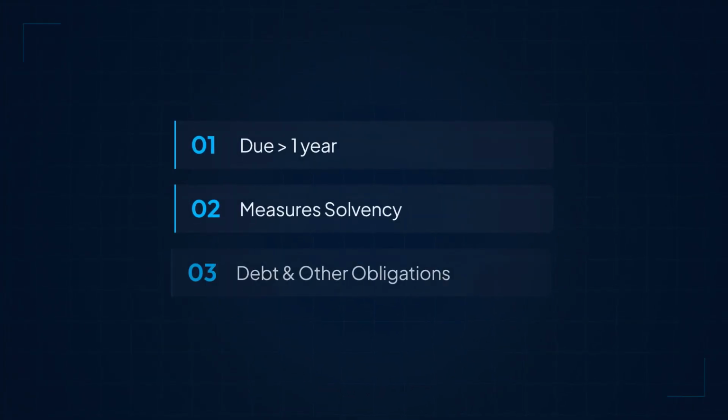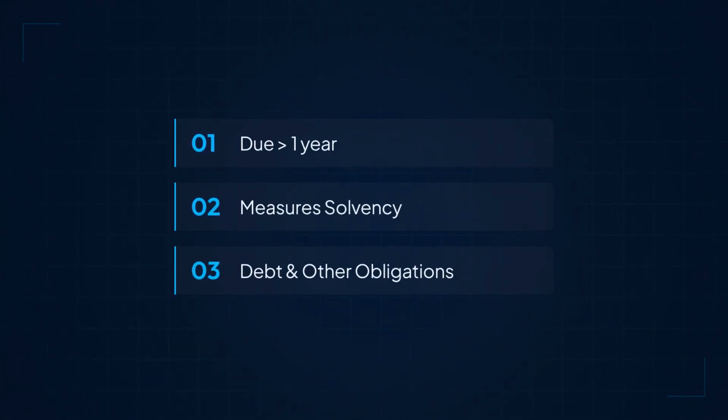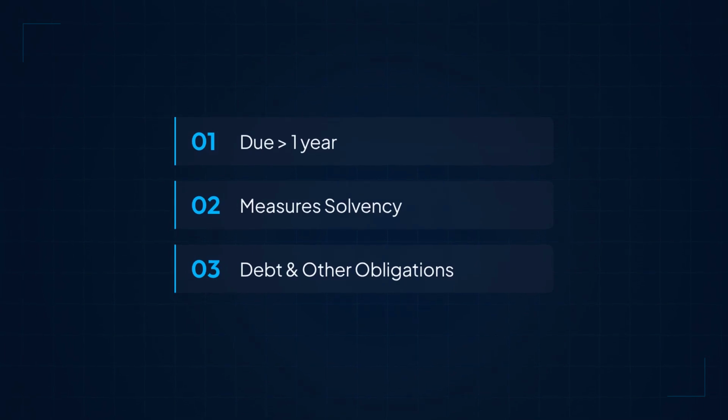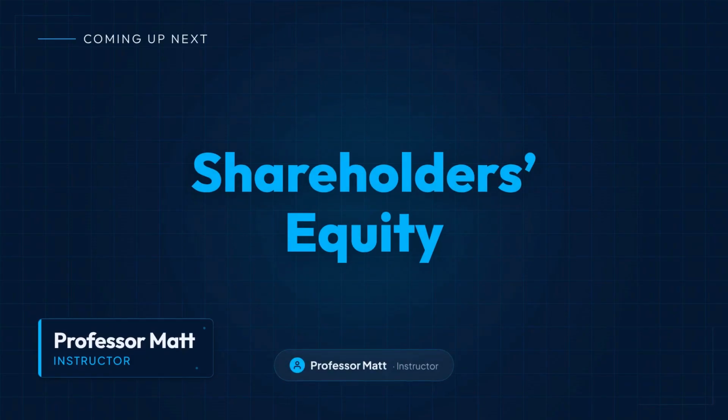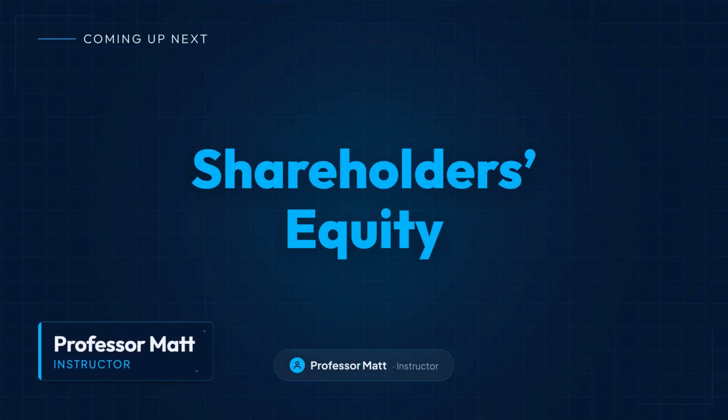To recap, long-term liabilities are due after 1 year. They are critical for solvency analysis, and they encompass everything from bonds to pension obligations. In our next lesson, we'll cross the final line of the balance sheet to look at the claims belonging to